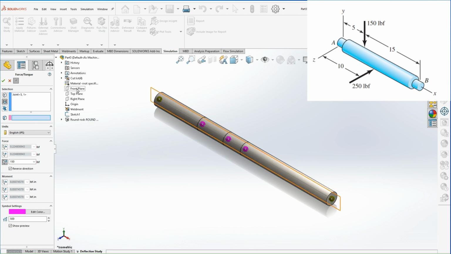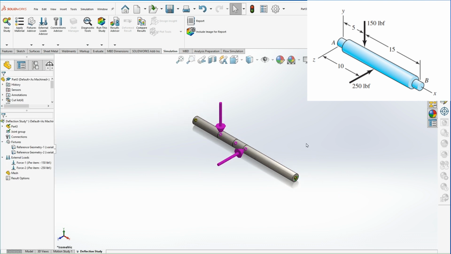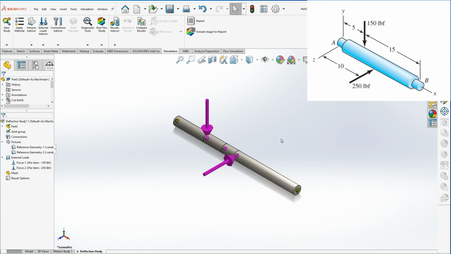For the reference plane, we can select the front plane, and the force in this case is 250, normal to that plane. As you can see, the direction of the force, and that's what I wanted. If that was on the wrong direction, then you can just reverse it, but that's fine with me. And then hit OK. So we have the two forces and